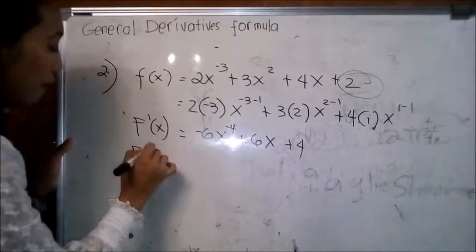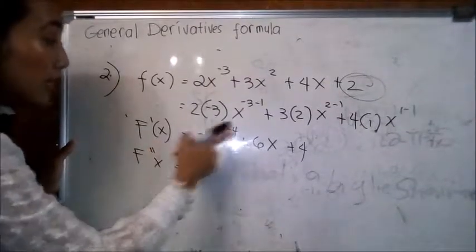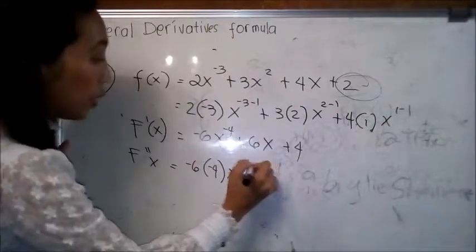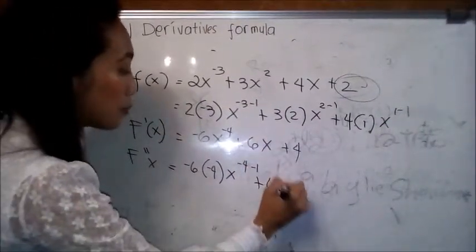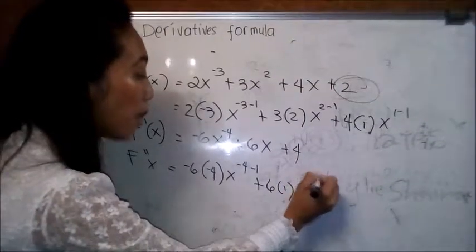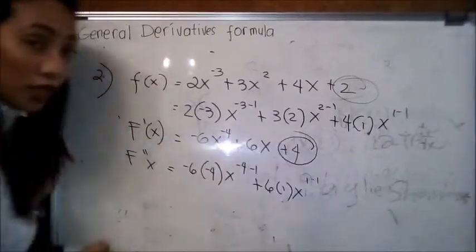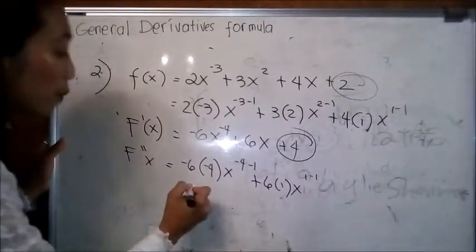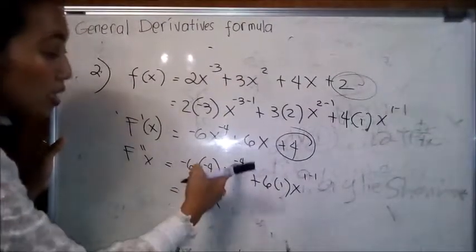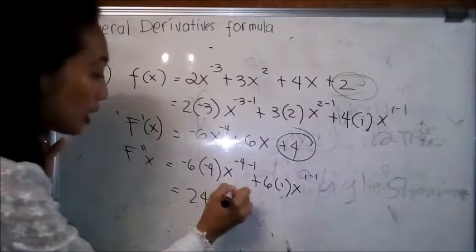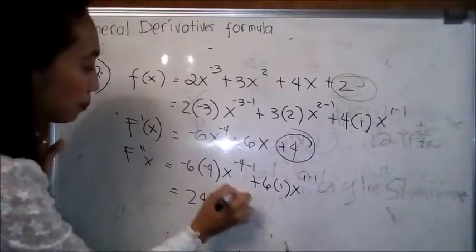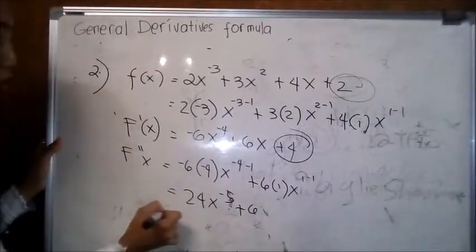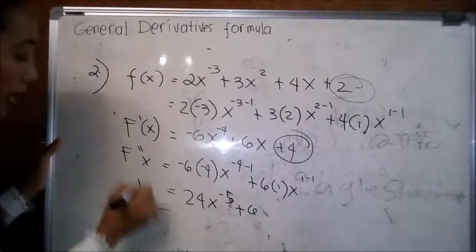How about the second derivative? We have negative 6 times negative 4 x to the negative 4 minus 1, plus 6 times 1 x to the 1 minus 1. The 4 here is a constant, so 4 will become 0. So we have negative 6 times negative 4, which is 24, x to the negative 4 minus 1 is negative 5, plus 6. So the second derivative of this function is